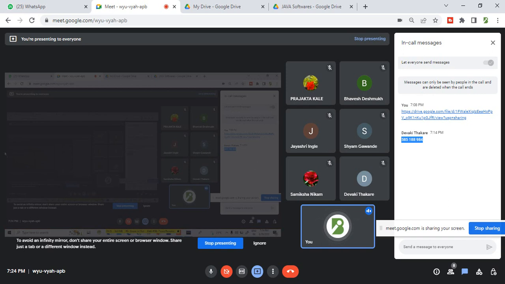Then we have to create a database. Go fast. Chalo, done guys.